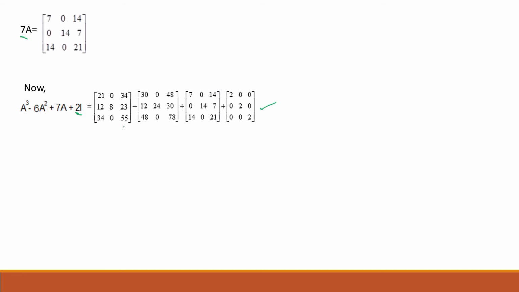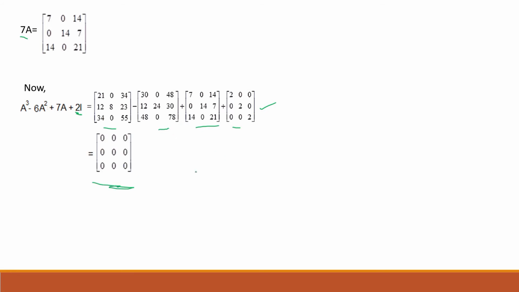लोग, हमारे पास a है, a को हम लोग 7 से मल्टीप्लाई करेंगे एंड फाइनली अगर हम इक्वेशन में a क्यूब माइनस 6a स्क्वायर प्लस 7a प्लस 2i, अब यहाँ पे 2i आइडेंटिटी मैट्रिक्स ऑफ ऑर्डर 3x3 एंड डायगोनल एलिमेंट्स को 2 से मल्टीप्लाई करने के बाद इट विल बी लाइक दिस। तो अगर हम इन सबको ऐड करेंगे और इस मैट्रिक्स से माइनस करेंगे तो आंसर हमारा 0 आएगा सारे एलिमेंट्स। तो ये अब आप खुद करो, सिंपल प्लस